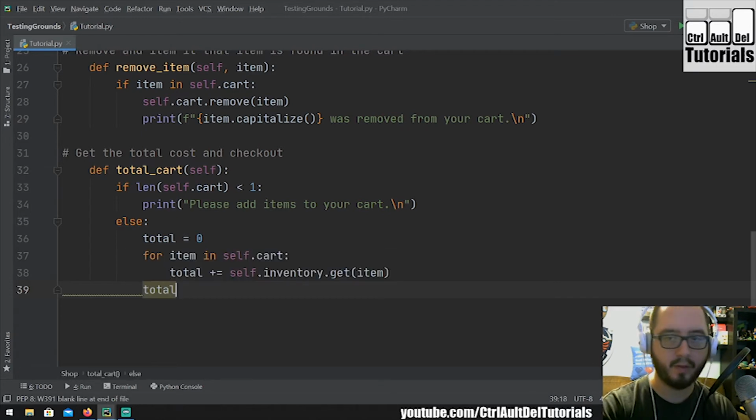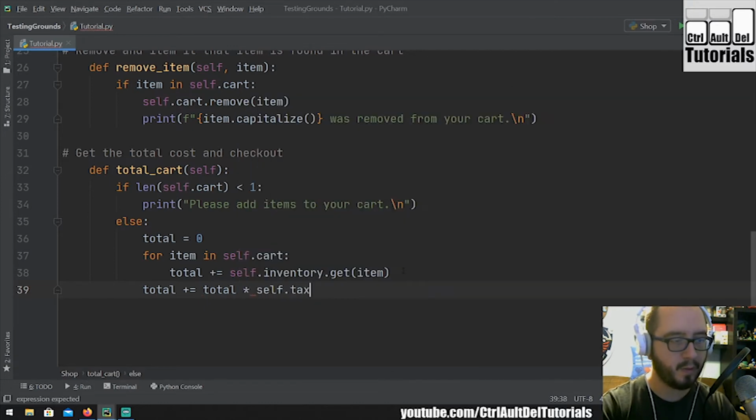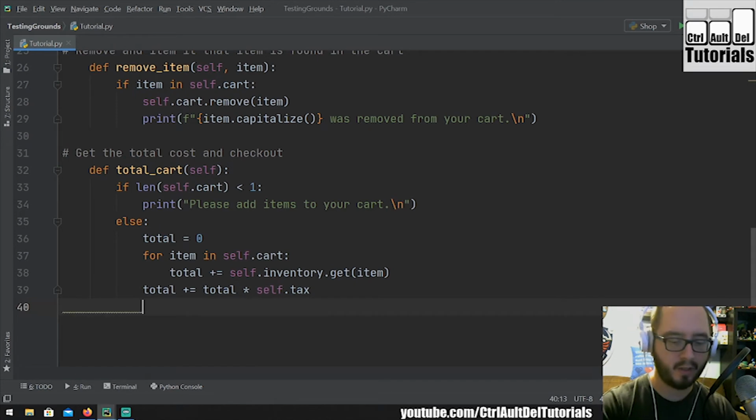And we are going to say total plus equals our total multiplied by self.tax. Because we want to add the tax on after we've added all the items up. Okay, if you don't have tax, you're going to leave this part out. So that's only if you have a tax. Then we could print out a message